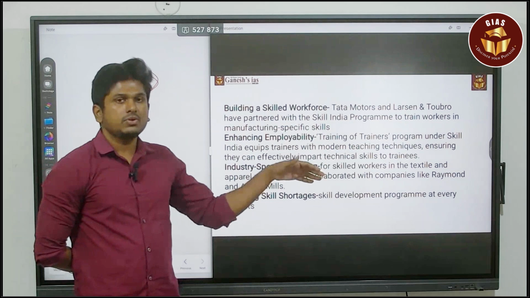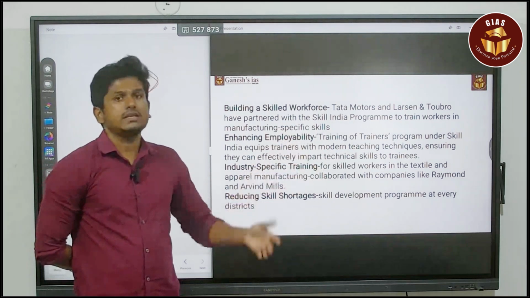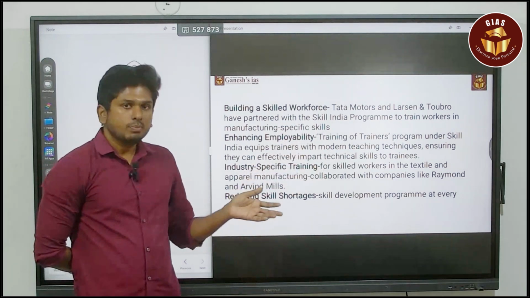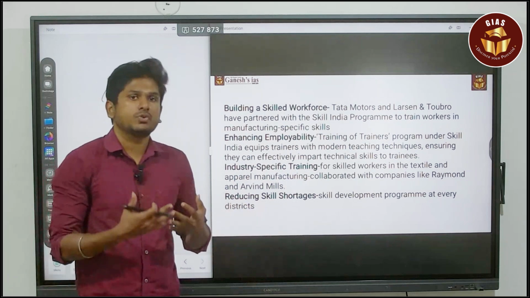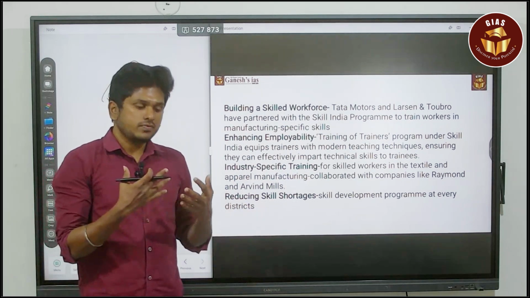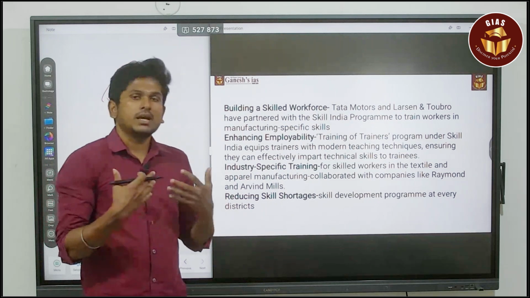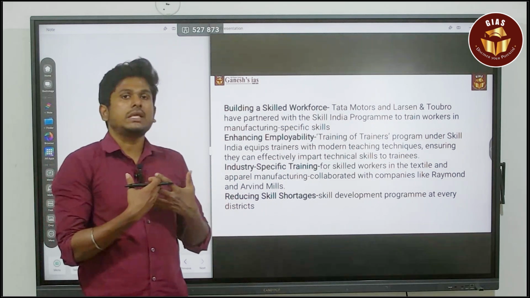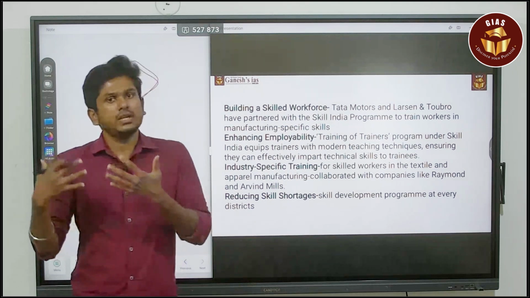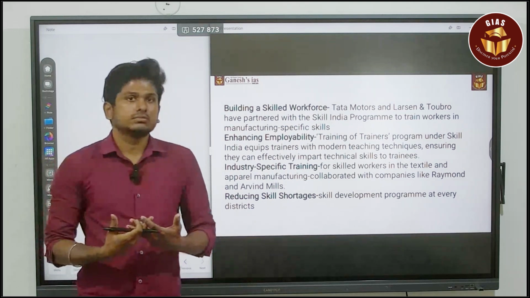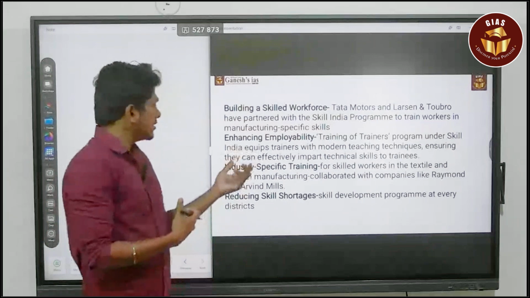And what those trainers are going to do is train the trainees. So by the way, they are going to make the workforce a more skilled force. And also, if there is a skilled workforce, that leads to huge growth in employment activities. So obviously that is going to benefit India through economic growth. So that is another thing.